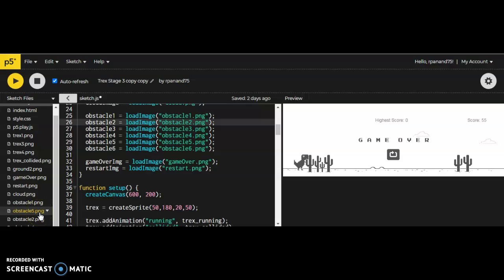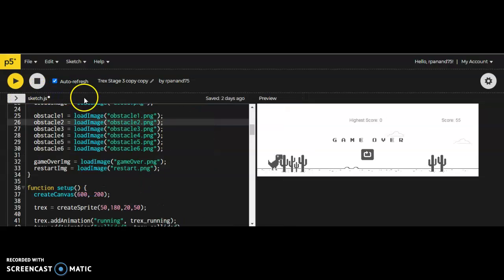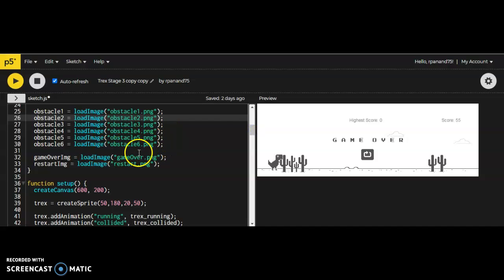If I save the name as, say, obstacle 8, then I will have to use obstacle 8 here, and if not, it will show an error and it will not run. I mean, some will run, but obstacle 5 will not, because there is no obstacle 5.png, as I replaced it with obstacle 8. Now game over image. Game over image means